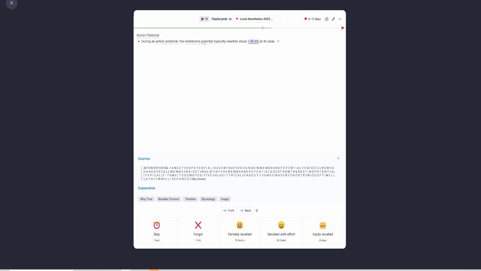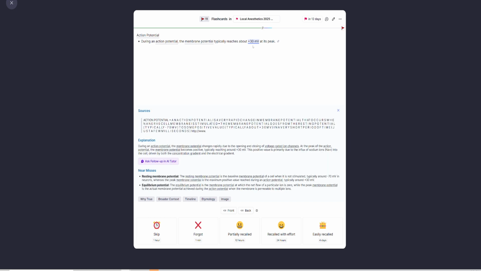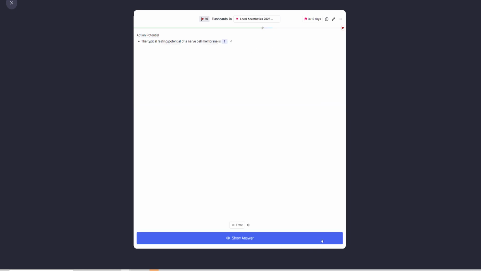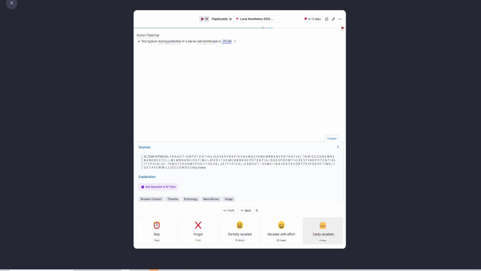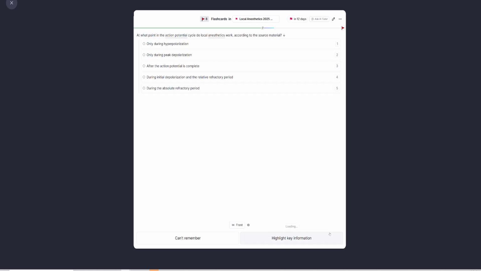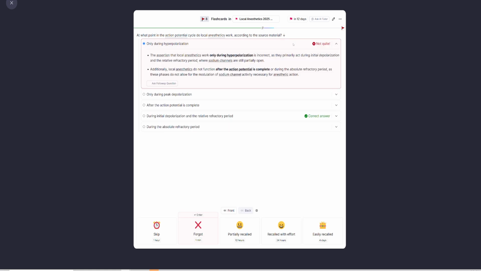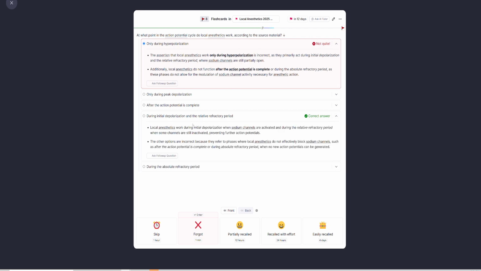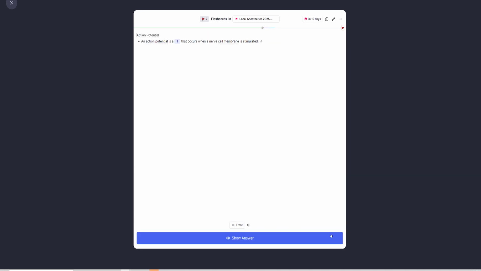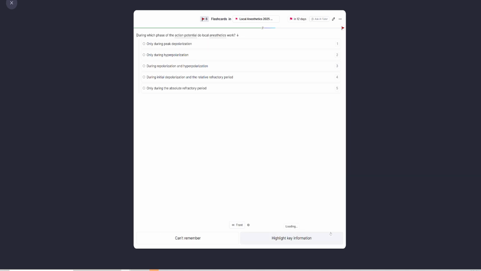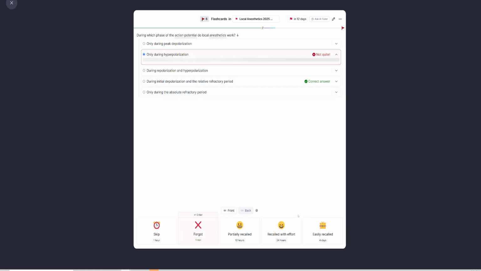During an action potential, the membrane potential typically reaches 30 mV. And then you'll say it out loud, whatever it is, typical resting potential of a nerve cell membrane, you click, and then it'll tell you minus 70. And therefore, you're able to learn material. Now you have questions. Now test yourself on the questions. You ask yourself, then, whatever the answer is, you can go look at the rationale. Local anesthetics work. And therefore, you're able to turn around to studying and doing flashcards,